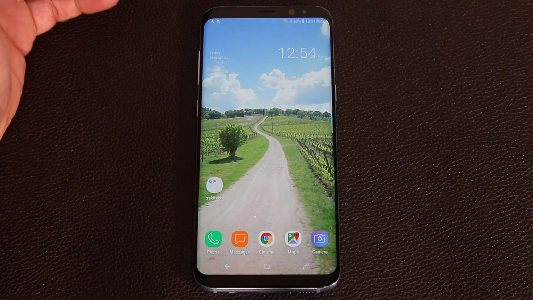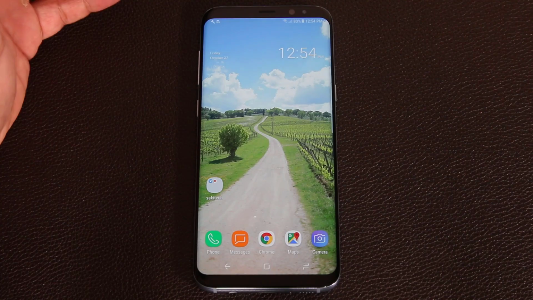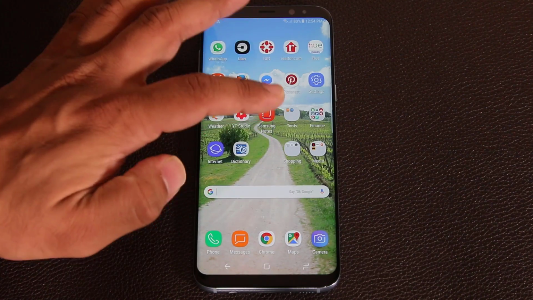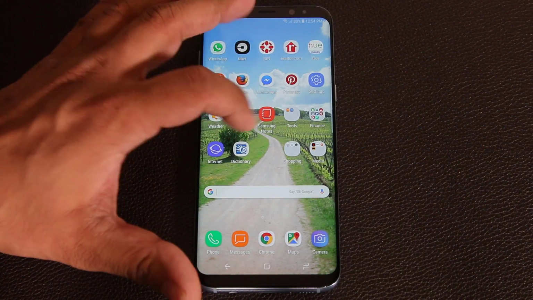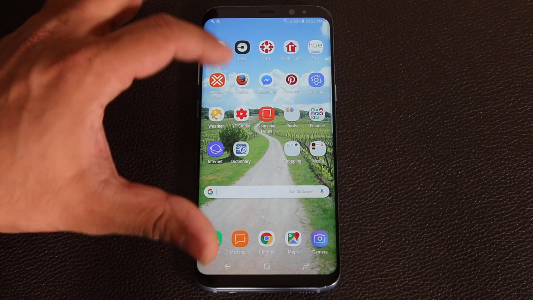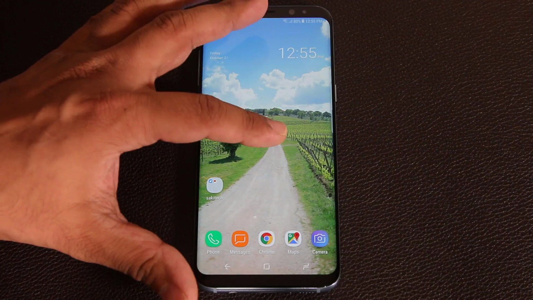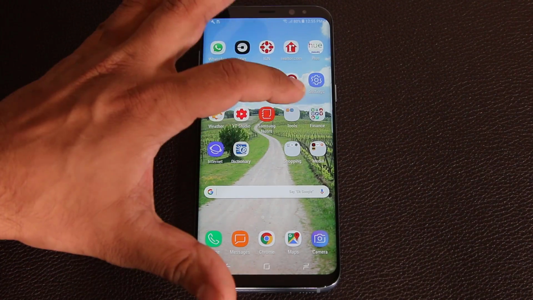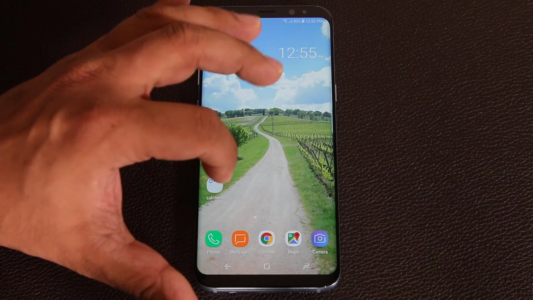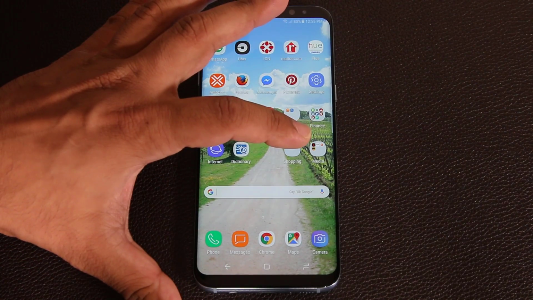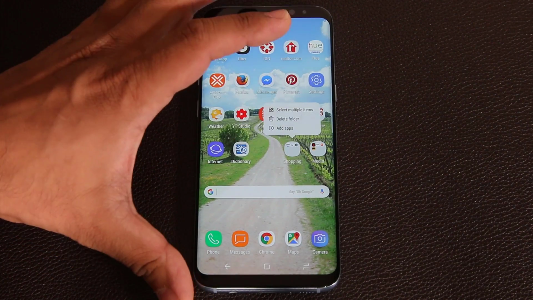But thankfully Samsung Galaxy S8's software functionality makes it easy to move multiple folders from one home screen to the other, or multiple apps from one screen to another. So let me show you how to get that done. So let's go over here, and let's say I want to move the remaining 4 folders over here and just line them down here. So all I do is press and hold on one of these folders and then choose